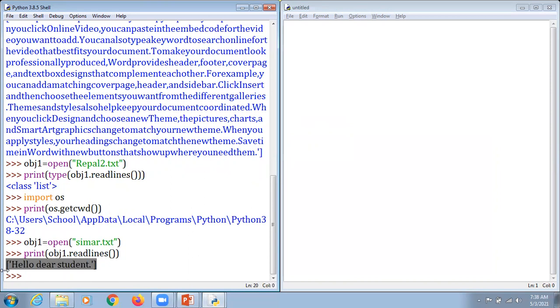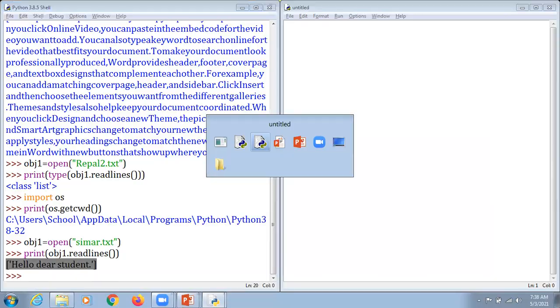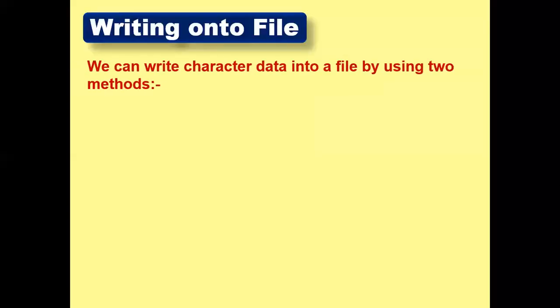Sir, but there is a possibility that with the help of a particular function, we are supposed to do that particular thing. Yes, my dear students, this thing is possible here. So kindly move towards the theoretical portion first.